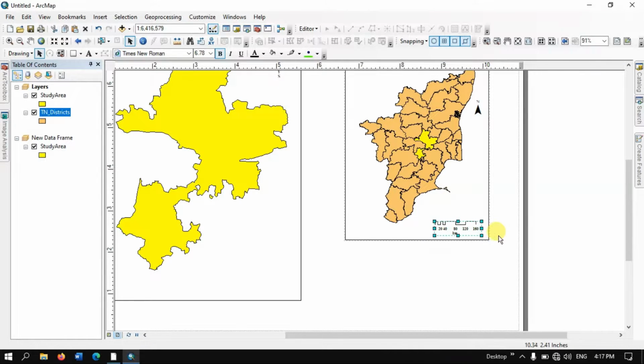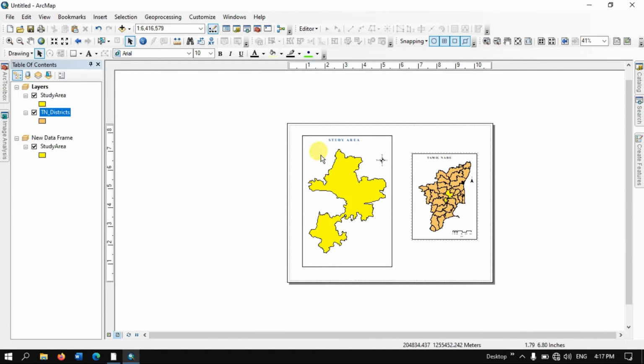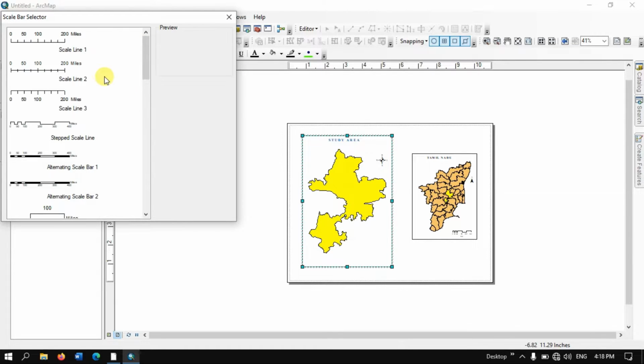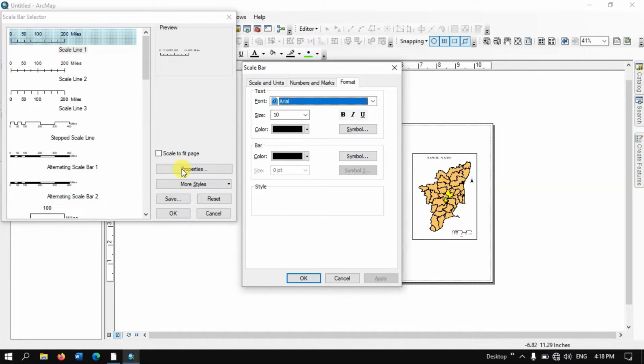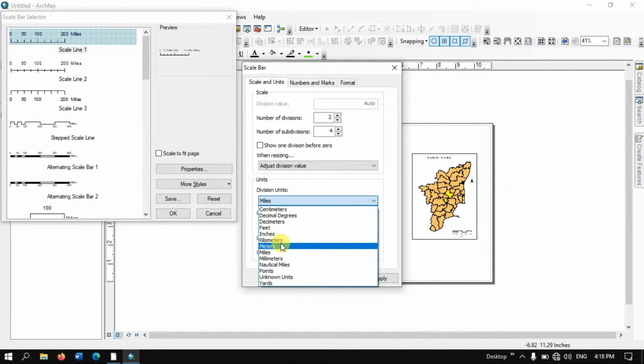So now we have created a scale bar for Tamil Nadu, and likewise we can create the scale bar for the study area. We just need to select the study area, and once again go to the option insert, and here once again we need to select the scale bar, and in this case I'm going to use this style and hit the option properties. Here once again go to the option scale units, we need to specify it as kilometers,